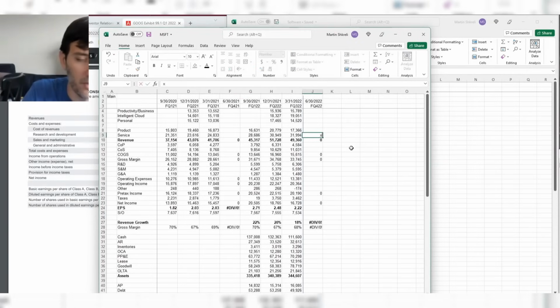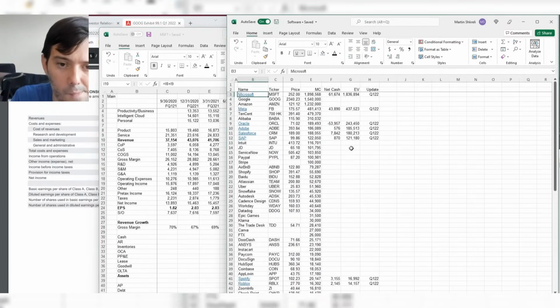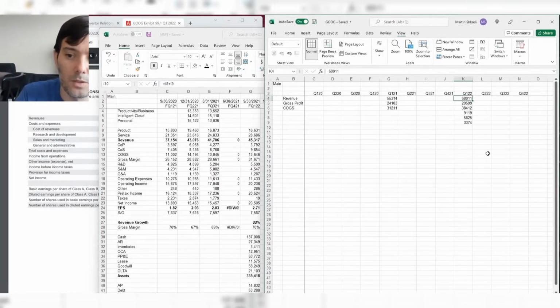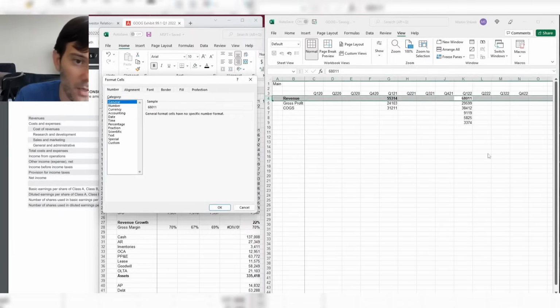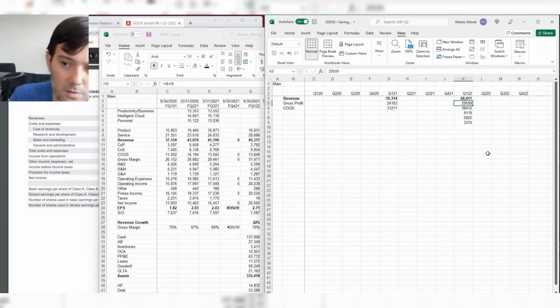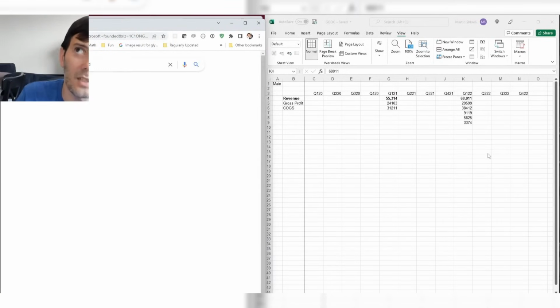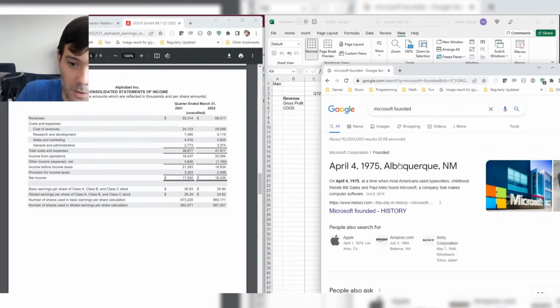Yeah, you can see revenue for Microsoft last quarter was $49 billion, right? For Google, it was $68 billion. So technically, Google sells more product than Microsoft, right? On a quarterly basis. Isn't that crazy? Microsoft, let's figure this out. Microsoft was founded, I want to say 1978? No, 1975. That's right, Bill Gates was